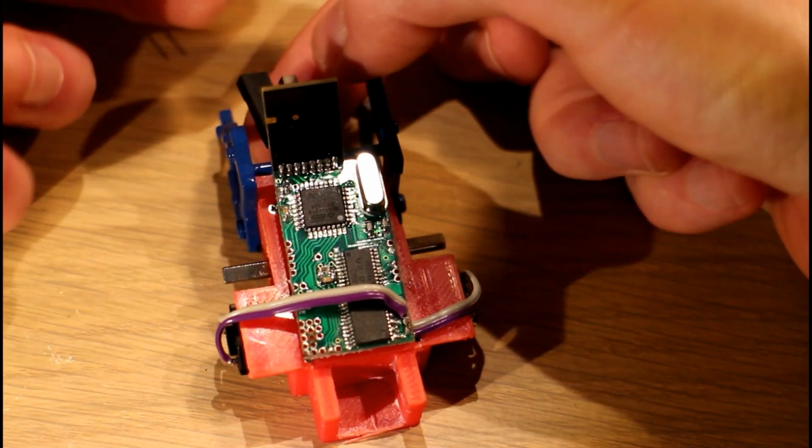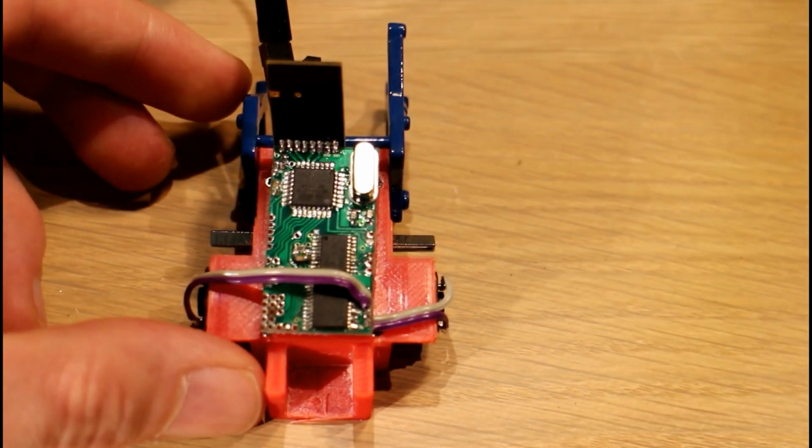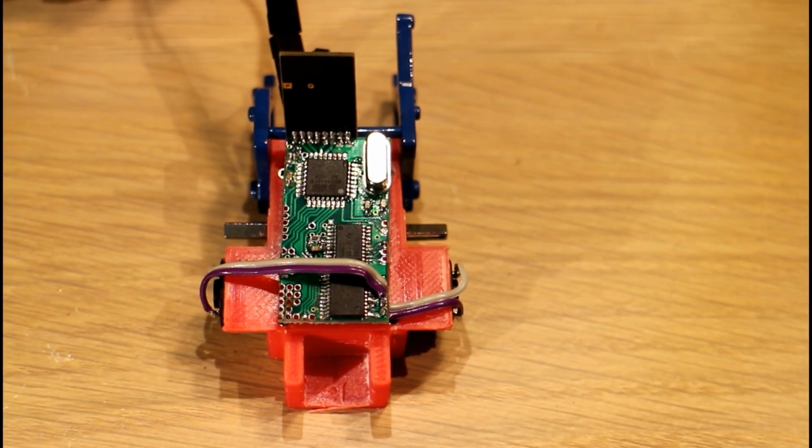So if I give it some power now, hopefully you can see the output shafts there. Drive forward, and you can see both output shafts are driving. So now if I want to turn to the left,